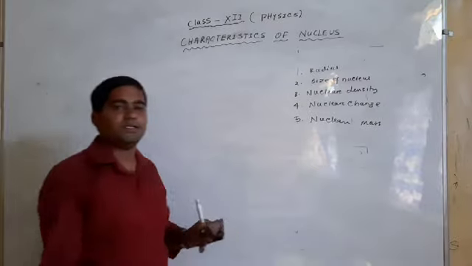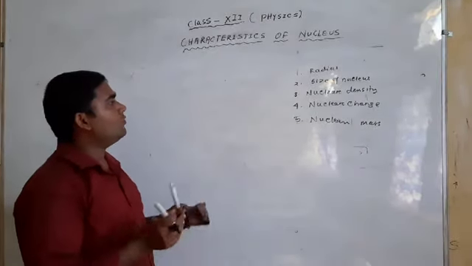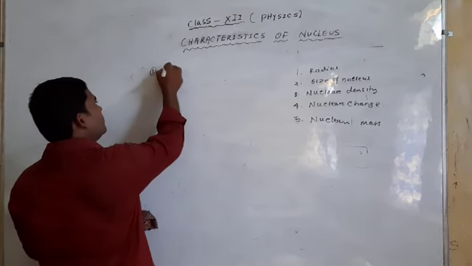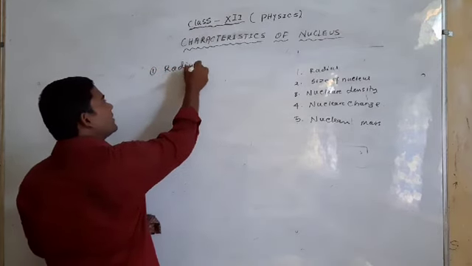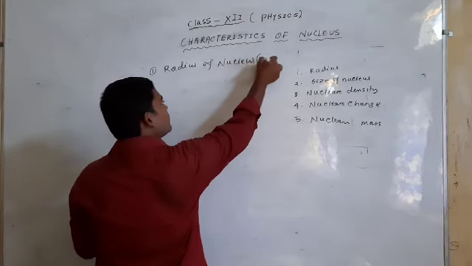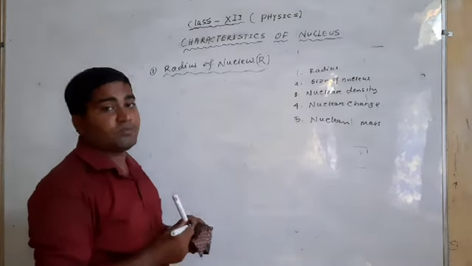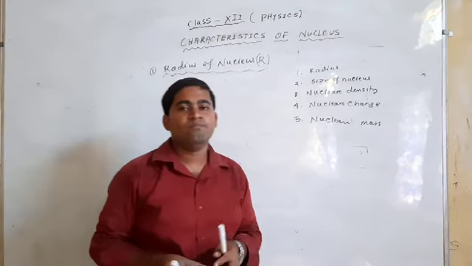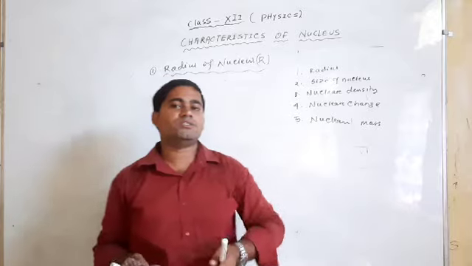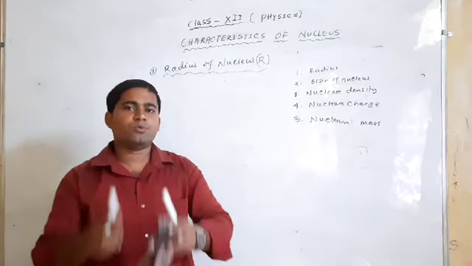So these are the different characteristics that we discuss in this class. Okay, so when we discuss first about the radius of nucleus, suppose we take the radius of nucleus as r. From the very beginning we discussed the nucleus consists of protons and neutrons, and combined protons and neutrons